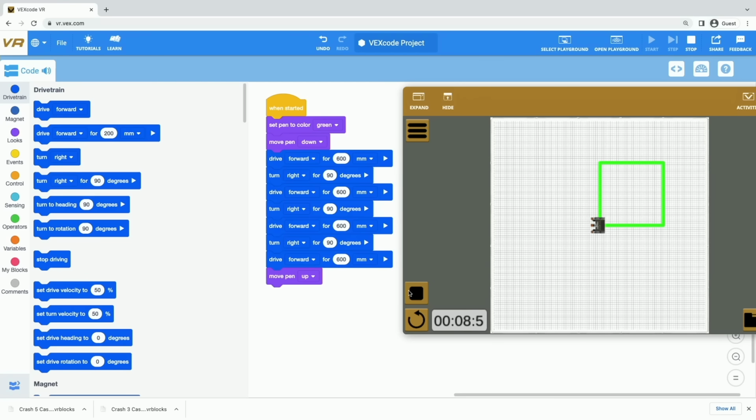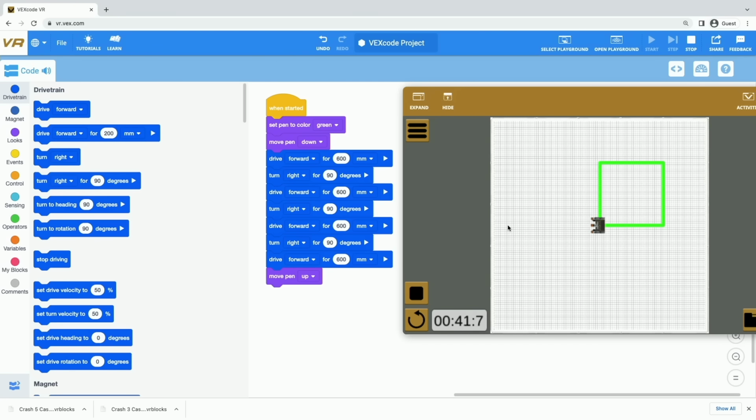Okay, so you can see since I removed that last turn 4 block, my robot is now facing the right direction, so I can have my robot use this space here to draw the smaller square. Now I need to figure out how far I want my robot to drive before it starts drawing the square. And I'm looking at this. I know this is 2,000 millimeters wide. I know that this line right here is 600 millimeters, so I can use that information to help me estimate how far I need to drive in order to be in the right position to start drawing my square.